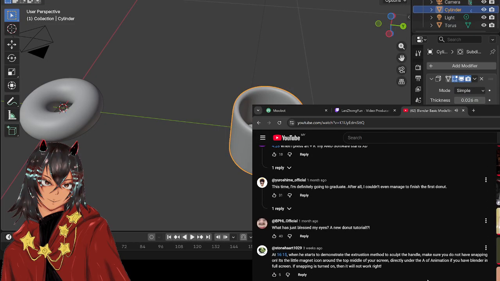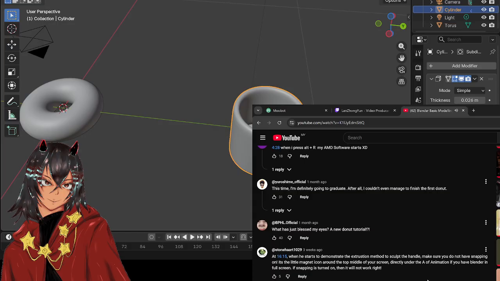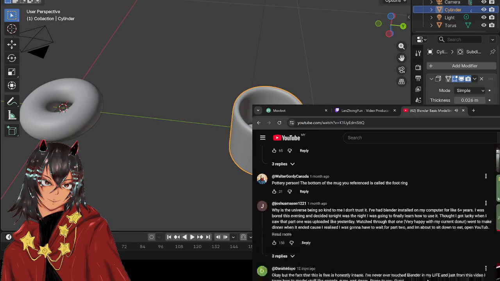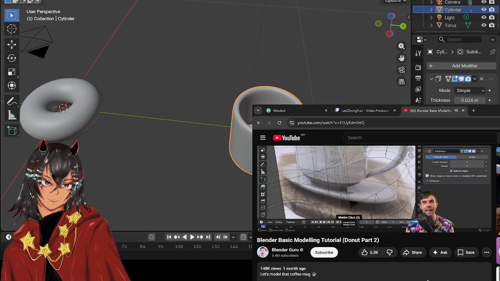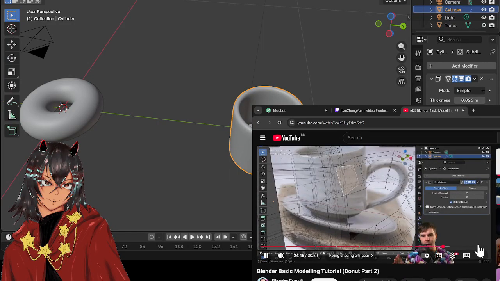So again, in face select mode, you select that inner face there. And by the way, when you're working in 3D, this is a really common thing beginners do, is they select the wrong face. So you can see how quickly